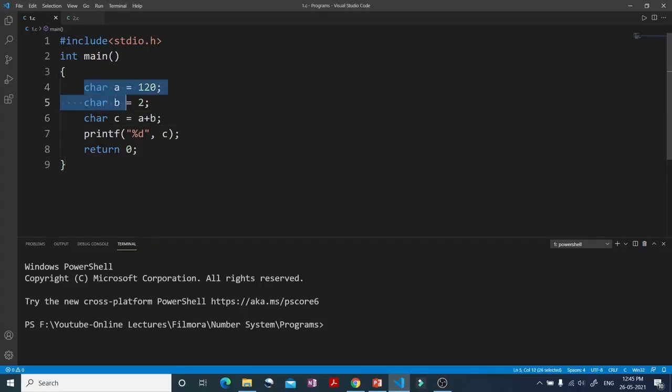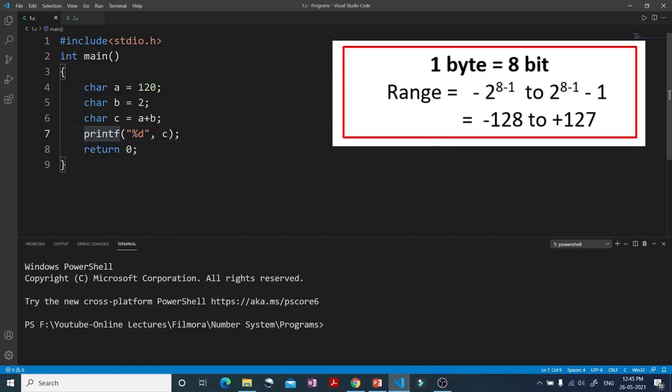Here you can see that I have taken a C program, where we have taken two numbers A and B, which I am adding and storing inside the variable C. All these variables are of type character, specifically signed char, because by default all the variables are signed. At last I am printing the C variable after the addition. You know the range of the signed char is the one you can see on the screen, that is -128 to +127. And why is it so? Because in modern computers all the signed numbers are represented in 2's complement, so all these numbers will be treated in 2's complement representation inside the computer.